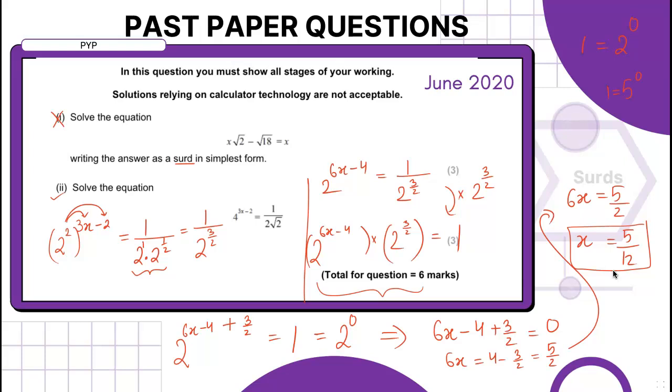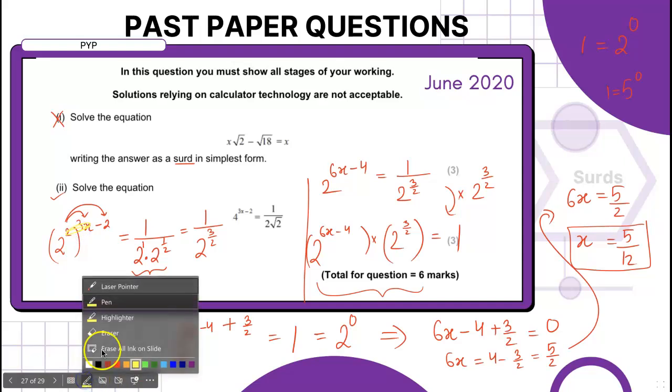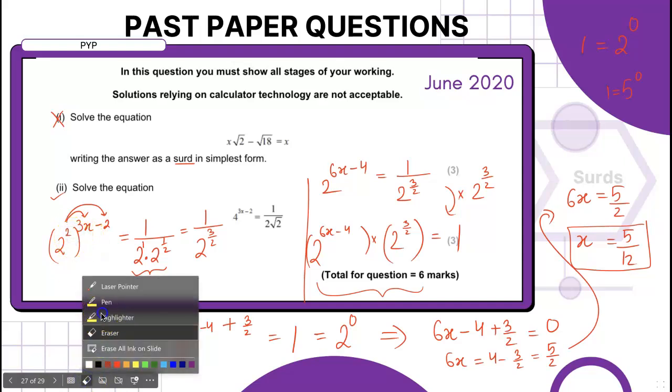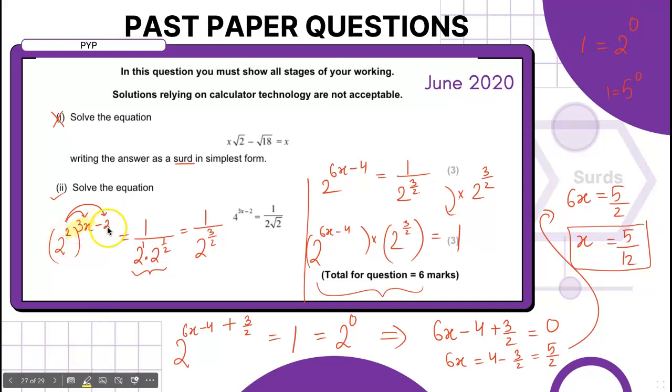But logical thinking was needed over there, like your decisions, and there are many places where you can make a mistake. So say for example, if you are just multiplying these two and forgetting to multiply that, that would be wrong, right? And yeah, the rest I guess is okay. This is a new thing, like you should know. It's not new, but it is something of self-understanding. It's a method you have to decide and add over there. But once you have done it, you won't be forgetting that.